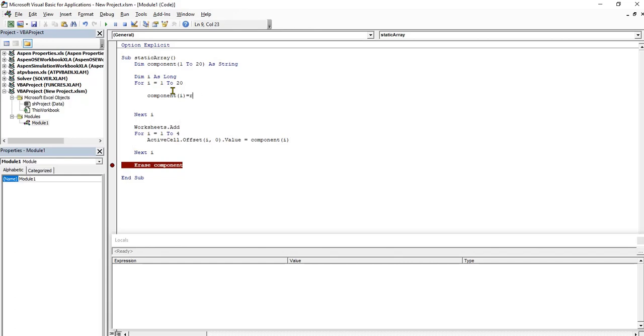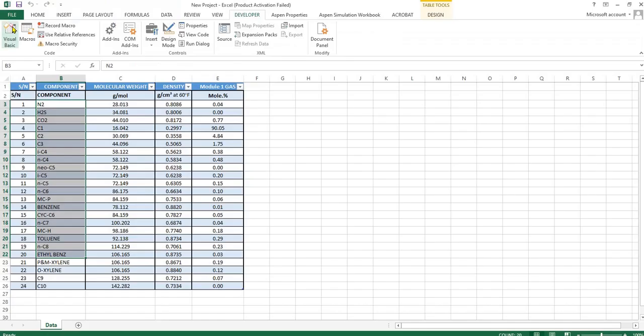range. Okay, let me just say sheets projects. I'll press Control spacebar, dot, range, press the tab key. Now it is at B3. Let me check dots. Let me check. Okay, B3